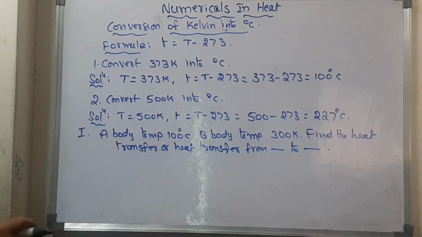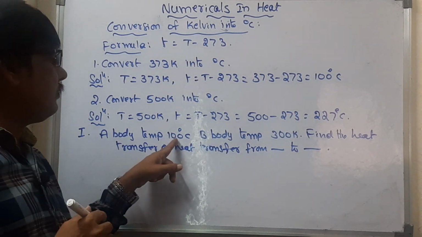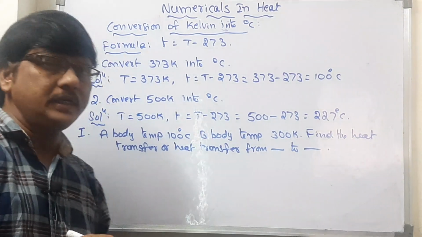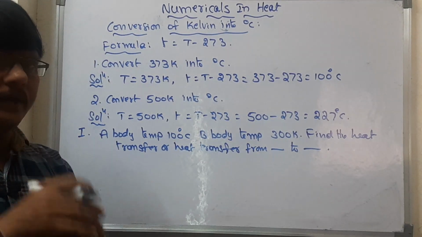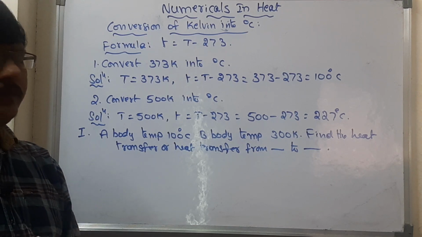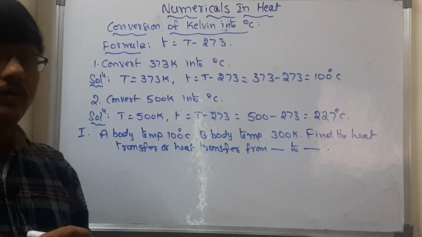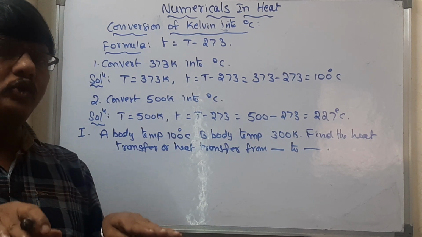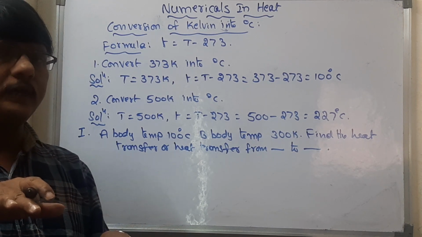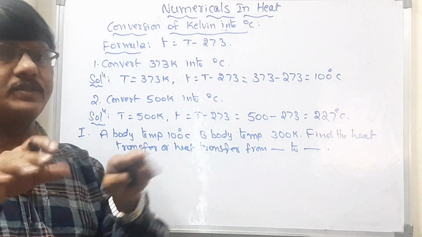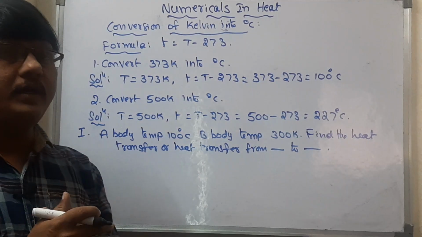By seeing those numerical values, you should not get confused. A temperature is given as 100 degrees Celsius, B is 300. As we know, heat transfers from the hot body to the cold body. But here we should not take it like that because both are in different systems. If this type of sum comes, what you have to do? Whenever there are different units or systems of temperature, you have to make all quantities in one system. Now let us see that.